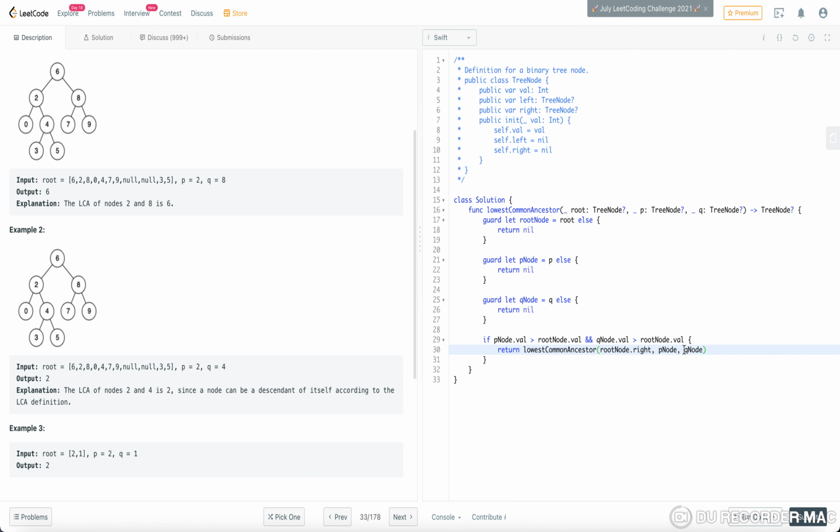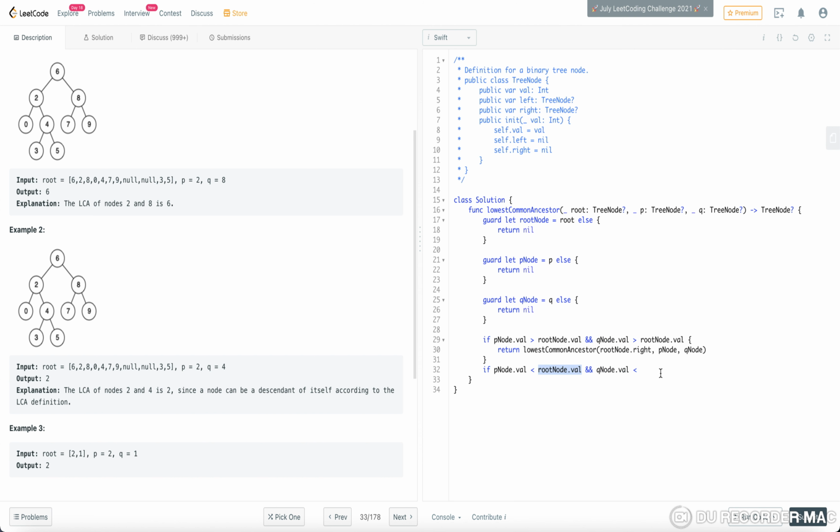Okay, so now if both the nodes are staying on the left side of the tree, that is, p node dot value and q node dot value is less than root node dot value.